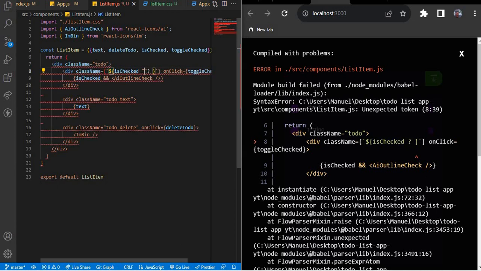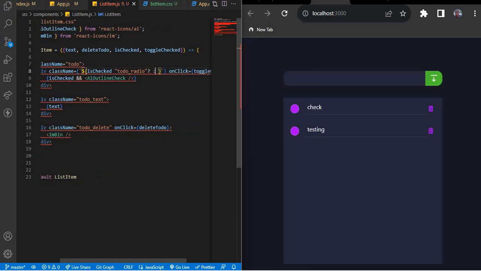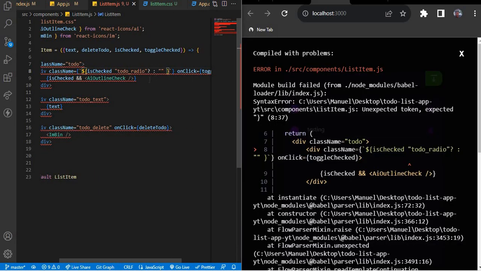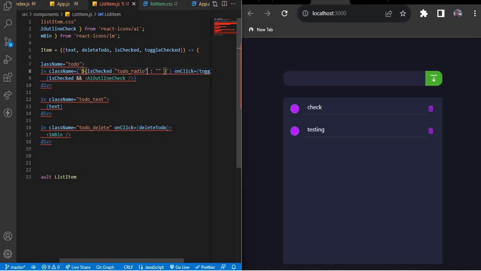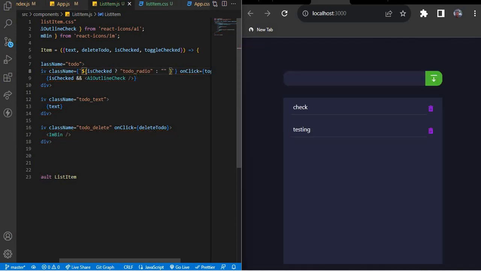We're going to use this class, paste it in here. Else, if it's unchecked, the class will be different. I think this one here is supposed to be here. Great. So, like so, if checked is true, the class is going to be this. Else, the class should be